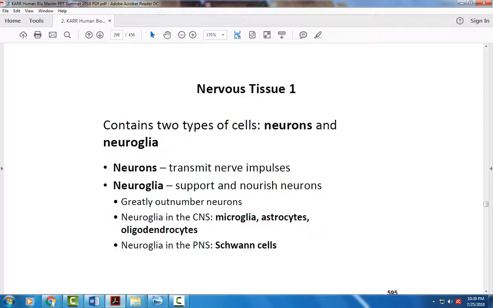But these 4 cells are also the cells that can divide in number, unlike neurons, which we have once we reach puberty or in adulthood. Our nerve cells don't really reproduce or repair themselves very well. So we can have a little bit of nerve damage and recover, but if entire neurons are destroyed, recovery is impossible for those neurons. So there is some ongoing research that says there is some neuron regeneration, but it's very limited. So that's why people that have had brain damage or strokes or a spinal cord injury, sometimes that damage